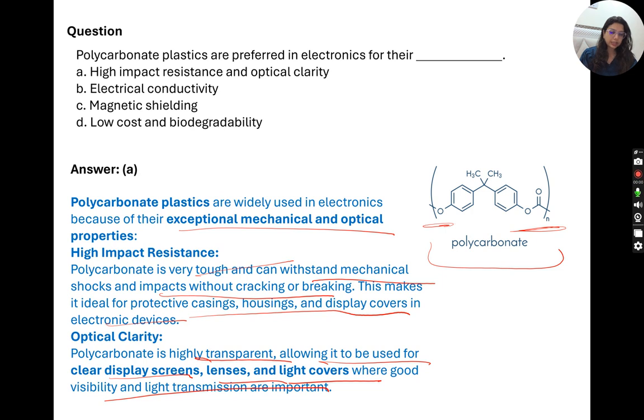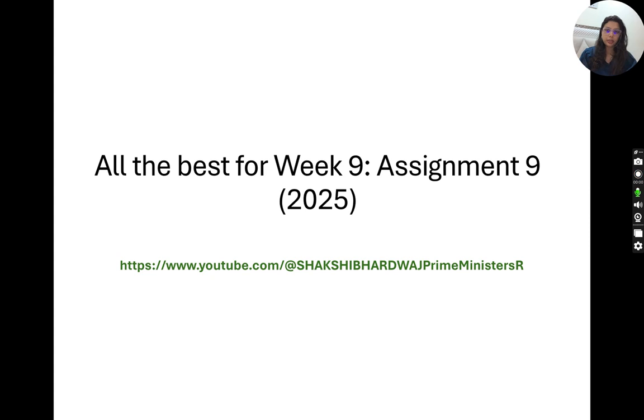I guess as this is not a very tough topic. Okay. I somehow forgot to mention that it's not 9, it's 10. So I wish you all for assignment number 10 and week 10, and I will see you all in the next session, which is the 11th session, the second last session of this polymer and process engineering course.